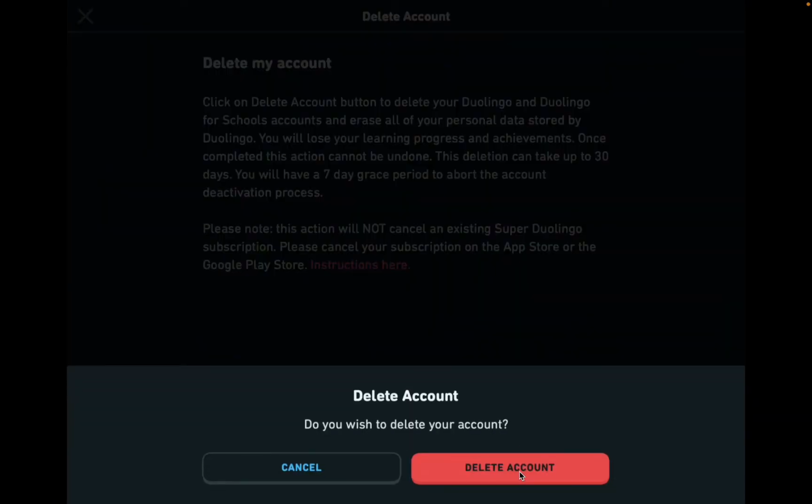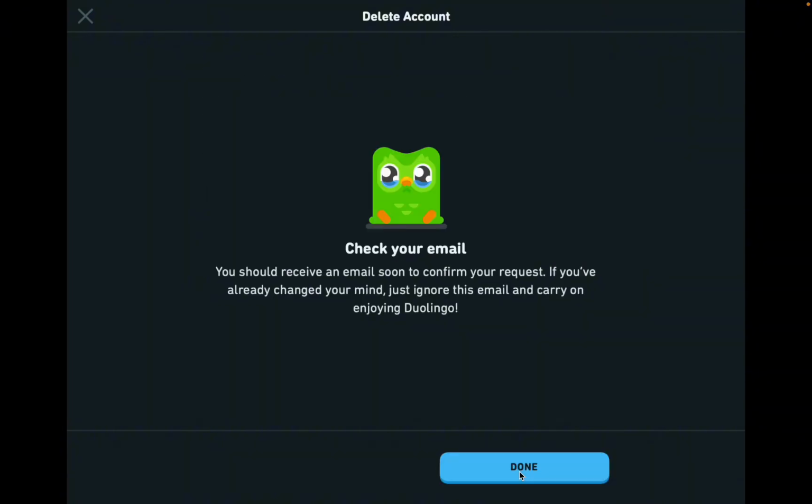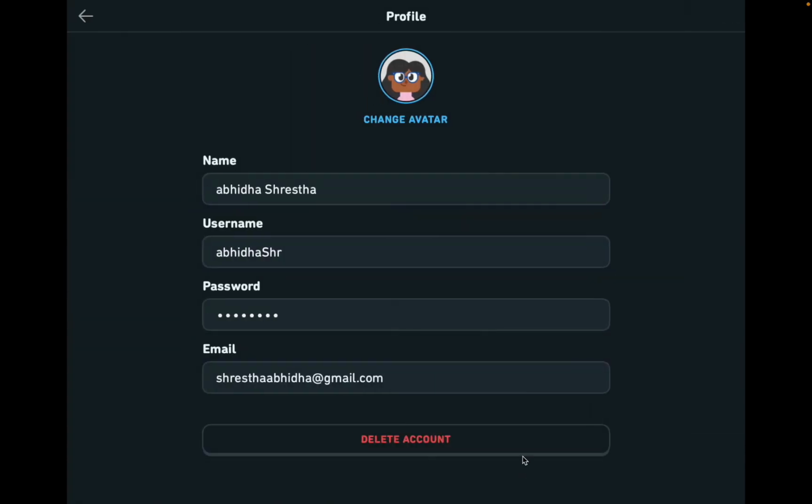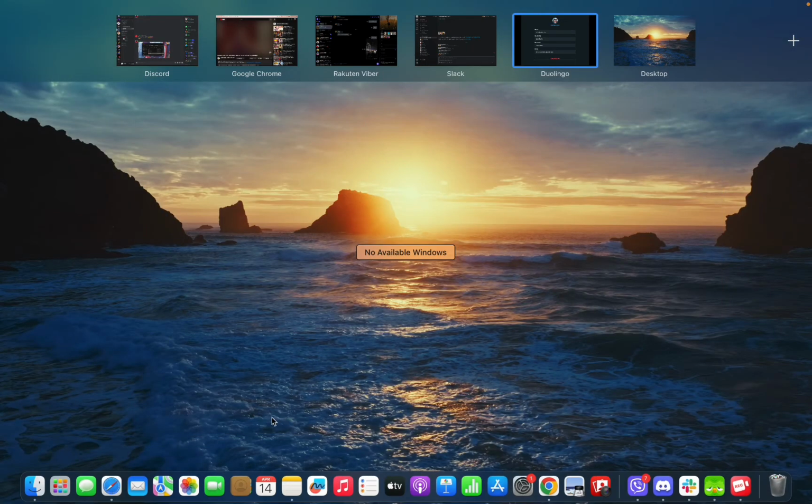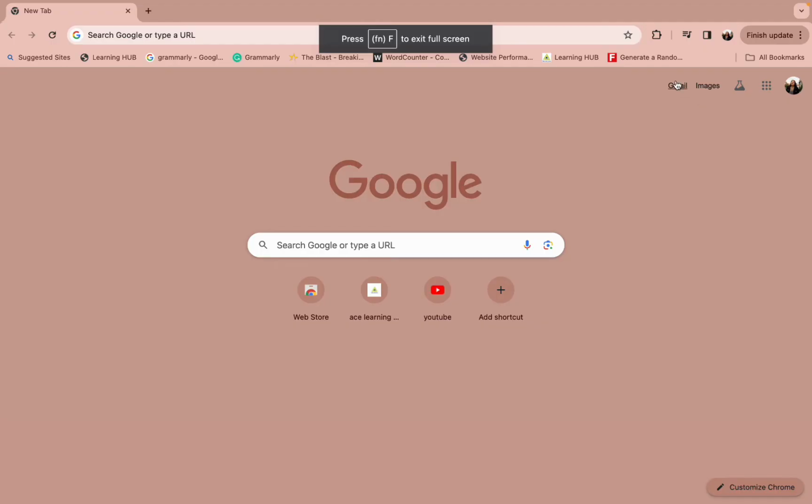Once you tap on it, tap on delete account again, and after you do so, you now have to check your mail to confirm the deletion of your account. However, you will get 7 days as a grace period, so if you join back in Duolingo within the 7 days, then your account will not be deleted. However, if you decide to not join back in Duolingo within this 7 days, then your account will completely be